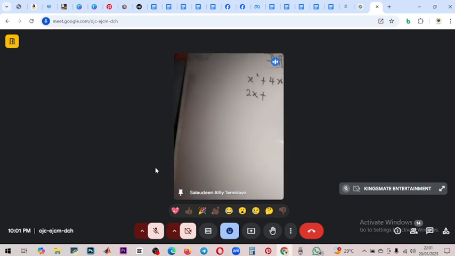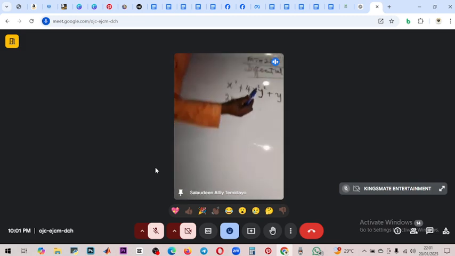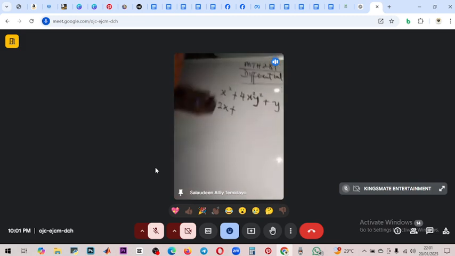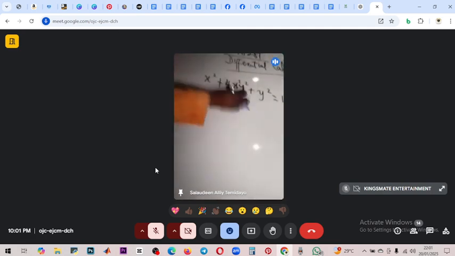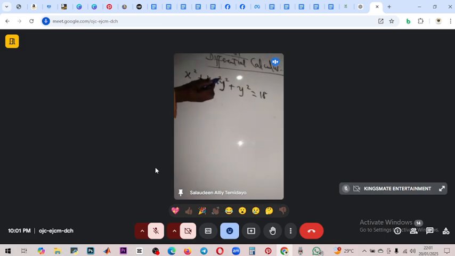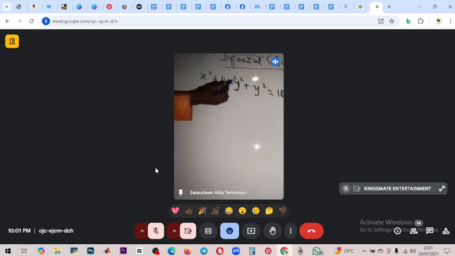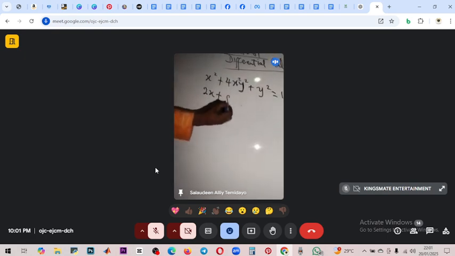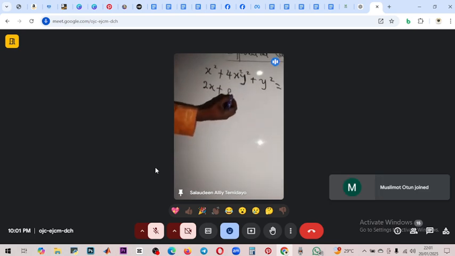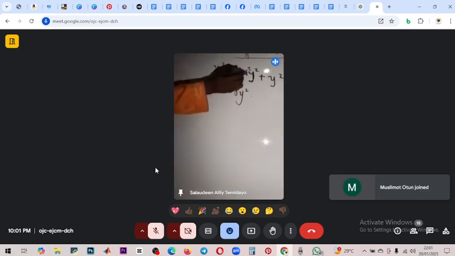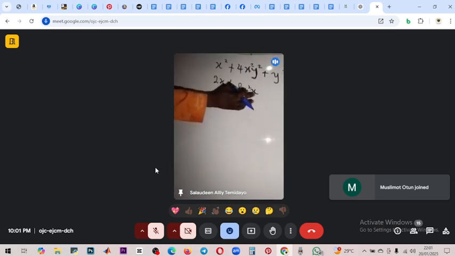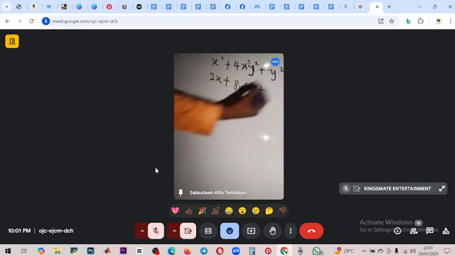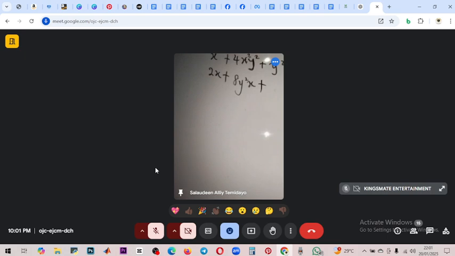4x squared y squared. So now differentiate 4x squared y squared with respect to x. That means I'm going to treat y as a constant. So that's going to be the 2 that is on top, multiplied by 4, that is 8, and y squared is here, and the x will be raised to power 2 minus 1. So I have 8y squared x plus